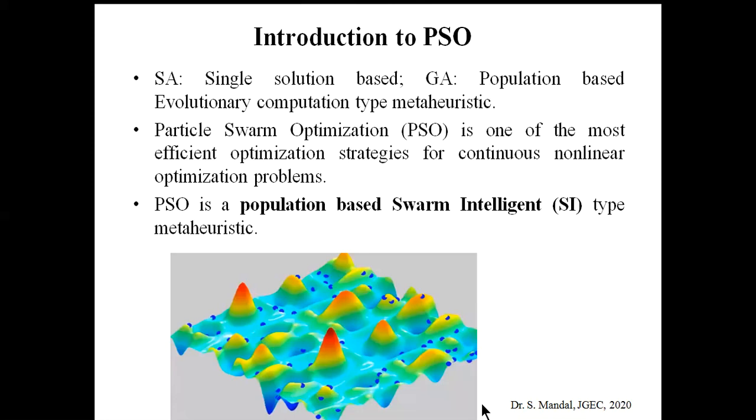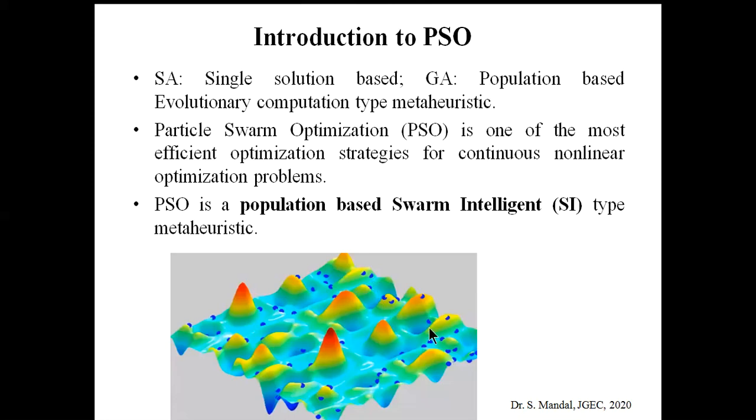Whereas genetic algorithm is an example of a population based metaheuristic. So what is a population based metaheuristic? That means the algorithm is initialized with a number of solutions, which is known as the population. Okay, so you can see that this one is an example of a population based metaheuristic search. Here you can see that this point is the global optimal point or maximum point, and the blue color points are